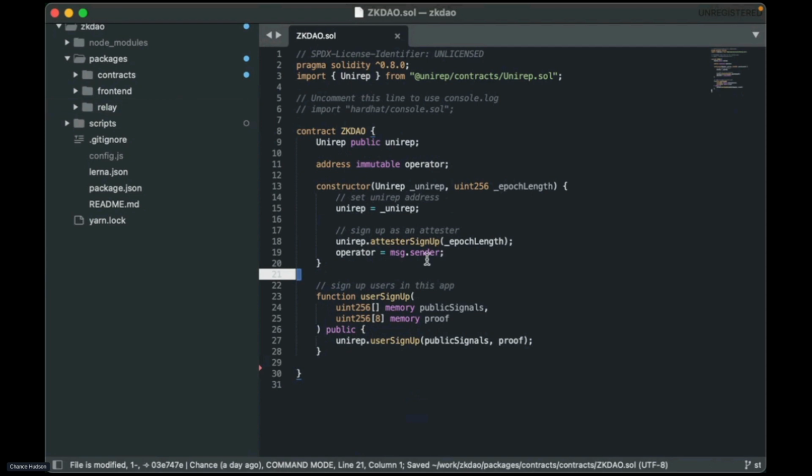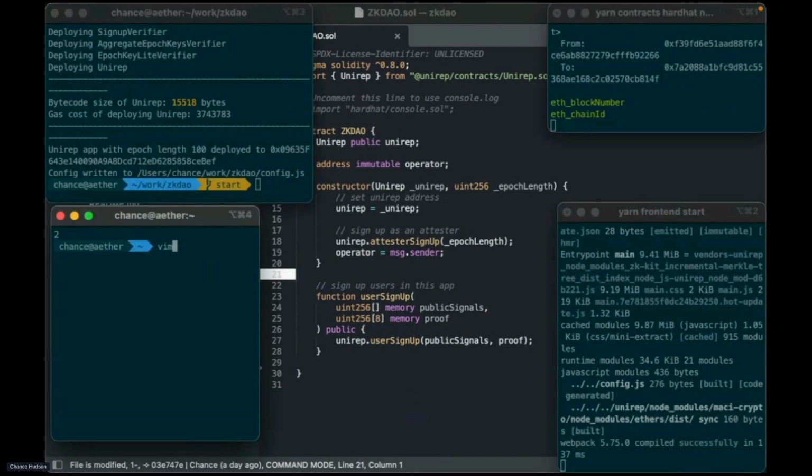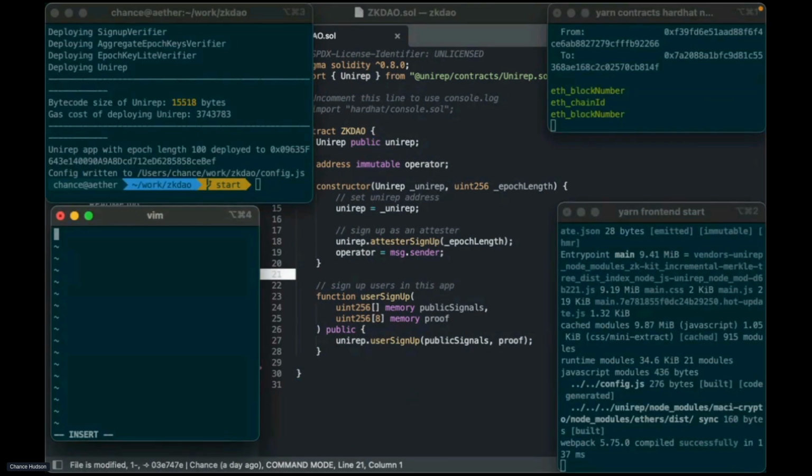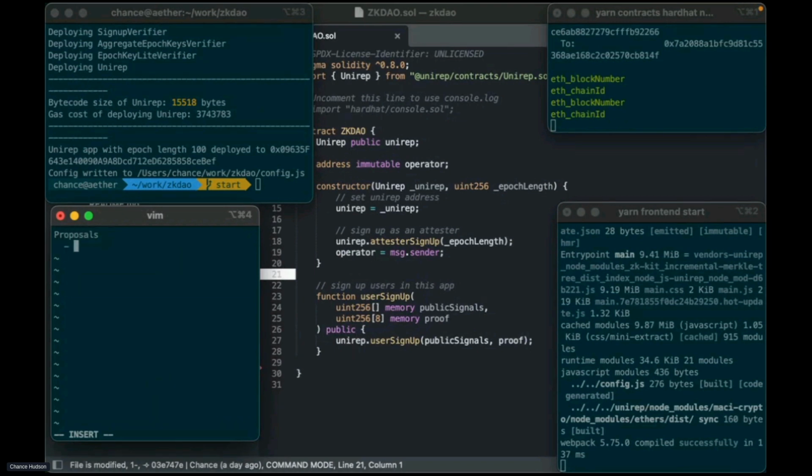Let's go ahead and get started trying to build the ZK DAO. So what do we need? We need proposals. We need one that will spend Ether from the treasury, and we need one for new users. We want people to be able to vote on proposals, and we want to define a quorum.